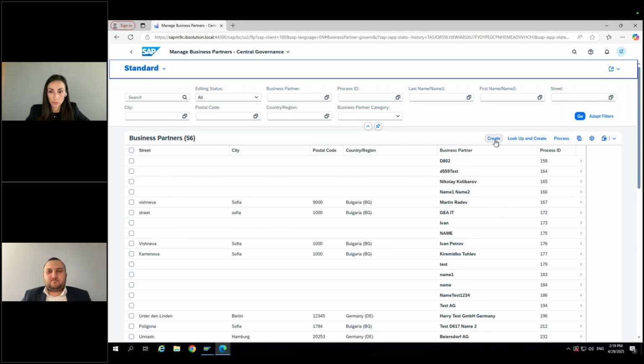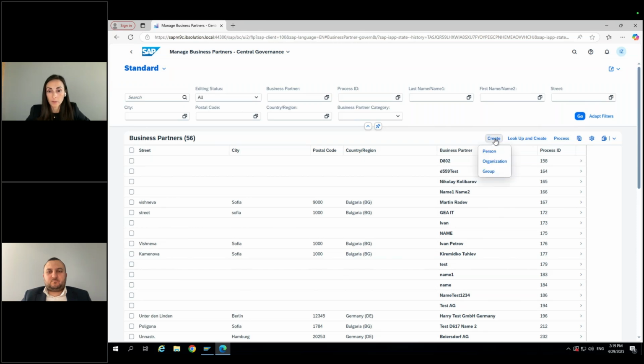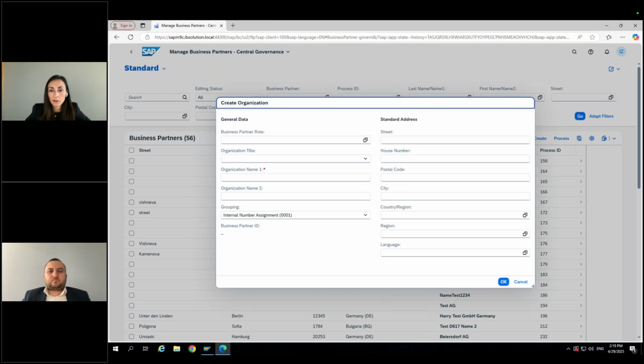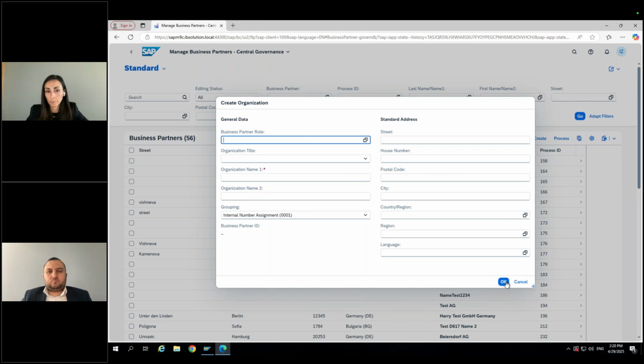Going to the creation process, we click on create organization, and we now enter the very new world of the creation based on the CDS views, which has nothing to do with our old business partner layer navigation through different screens. So we can assign basic data in this initial pop-up, or we can directly go to the creation process. That would be up to us, but none of the data here is primarily mandatory in order to switch onto the next screen. So let me show you that.